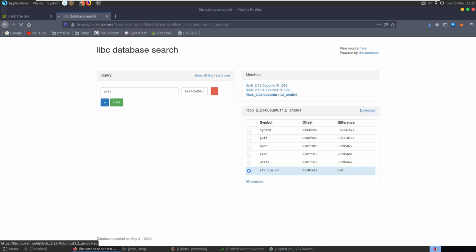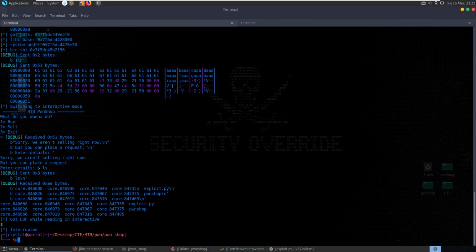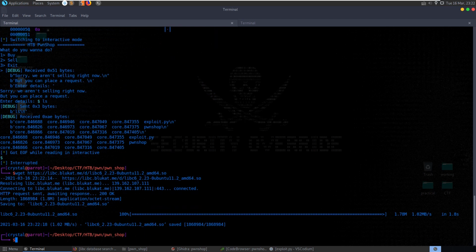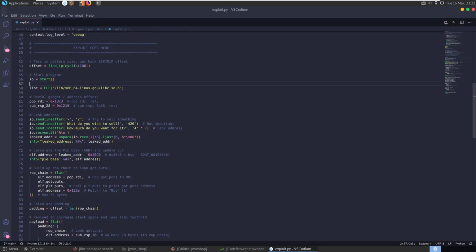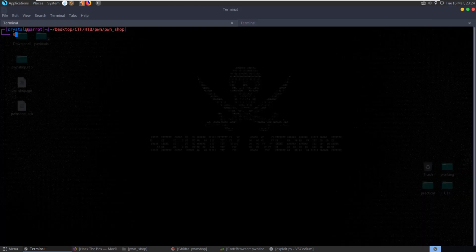Let me download. Did I download that already? Let me download this. Actually, I will wget it to our current location. So we save that right here, and that way we can just import this. I'm going to copy that, paste it right there. And let's grab the server address here again. So we'll grab the server address, we'll run this with remote